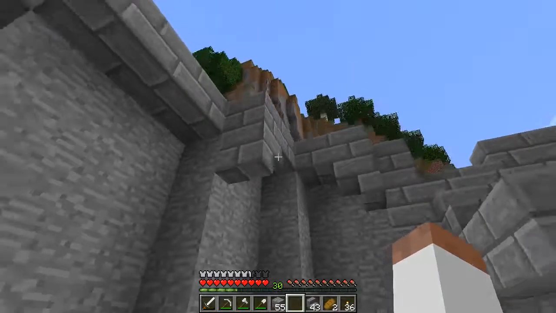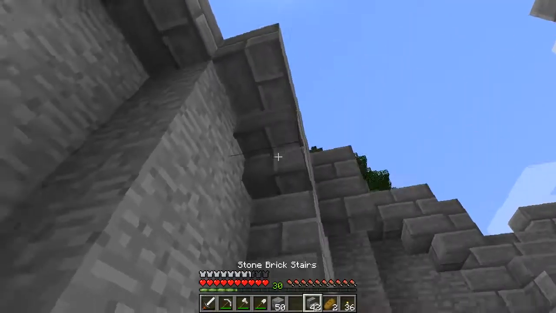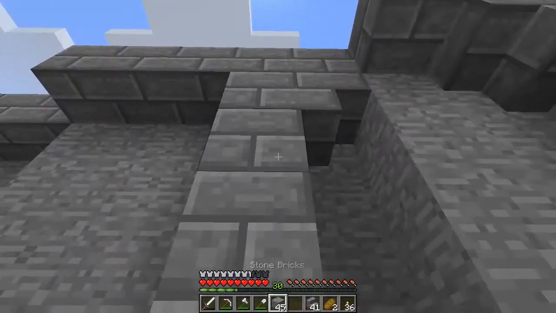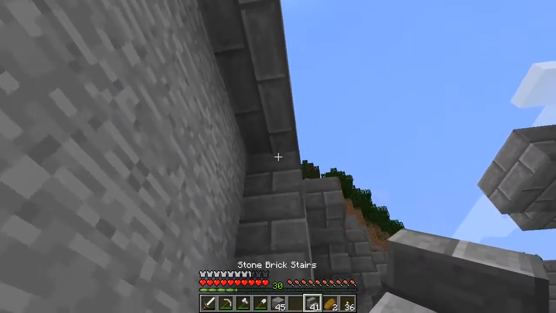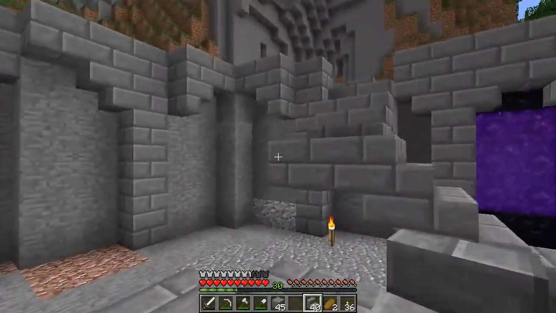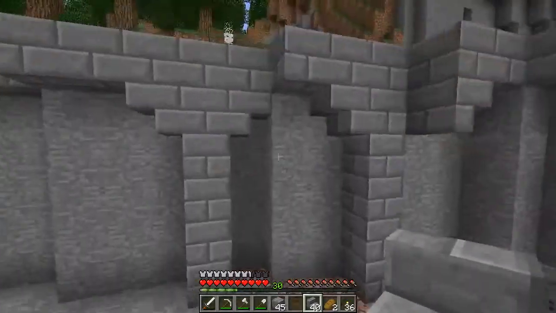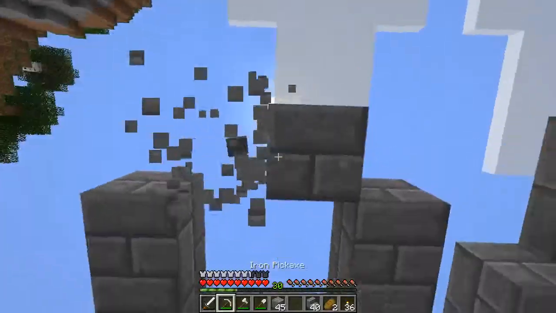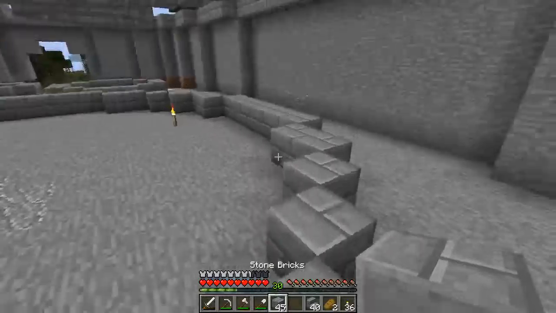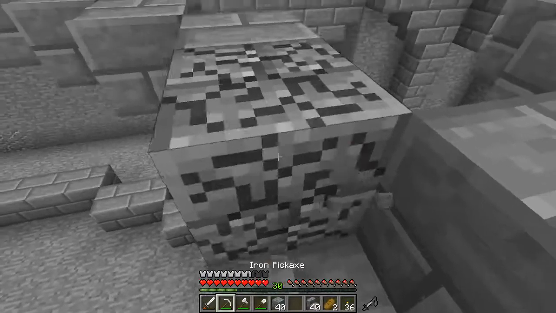Pop that in there, right, and then I'm just going to follow it round like this. This will give some of the wall some nice depth to it. Like that. And I can hear another skeleton, but I'm going to ignore it for now. Also, that's the one I want to keep in the air. This is the one I want to get rid of. So, before I forget about it, let's just pop up here and...